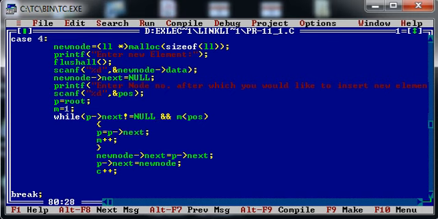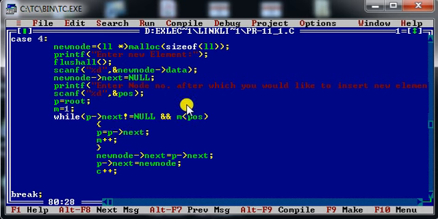In other words, I can say this loop will get executed for m equal to 2 and 3. As soon as it becomes 3, the loop will get terminated. Are you getting it? As soon as m becomes 3, this loop will get terminated. Or else, if I reach the last node, this loop will also get terminated.